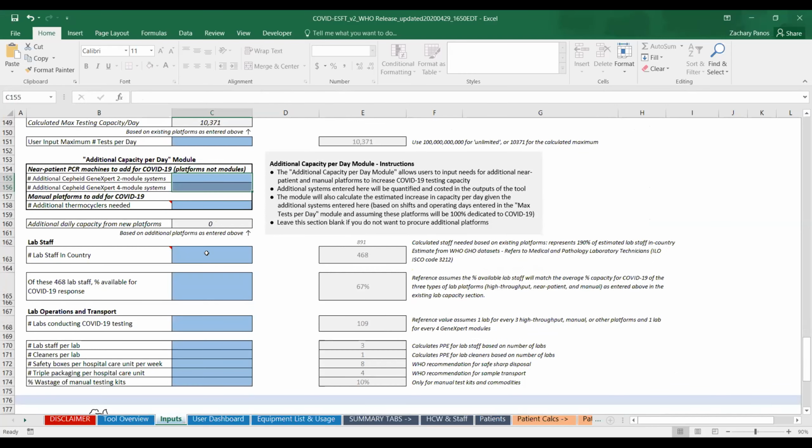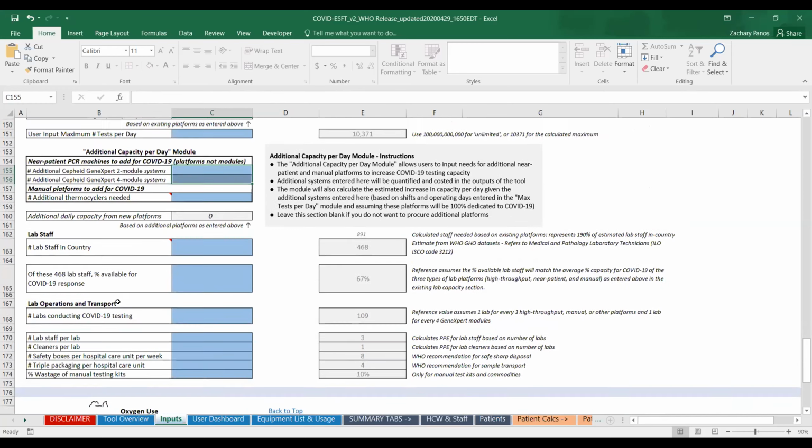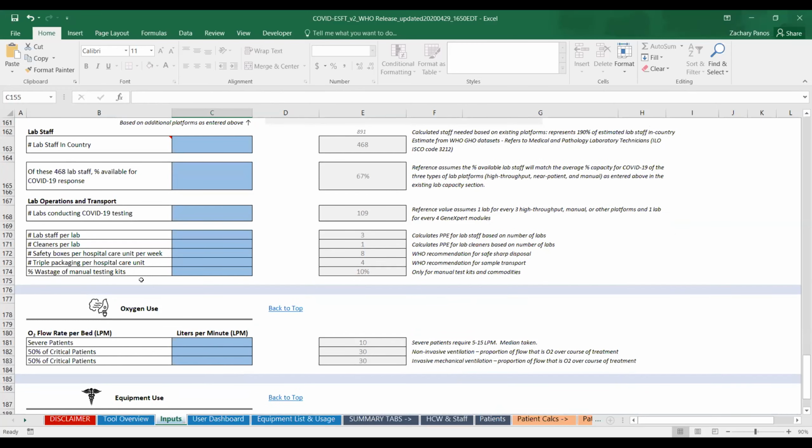And then there are a number of other inputs around lab staff, those that are available for the COVID response, and some other inputs around lab operations and transport. And finally, on the inputs tab, there are assumptions around oxygen use, and in particular, the flow rate per bed in terms of liters per minute.